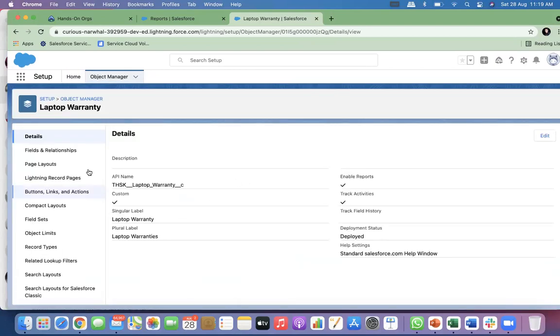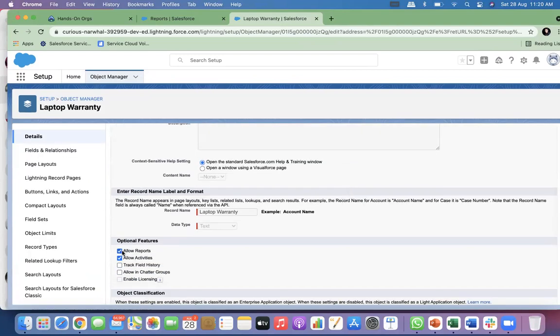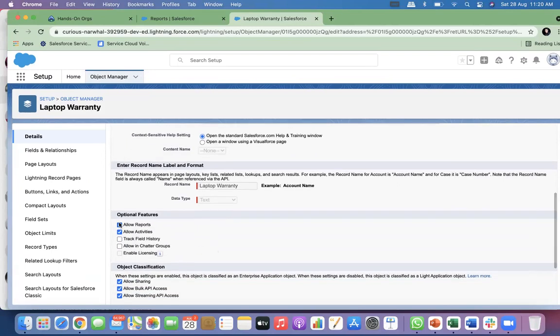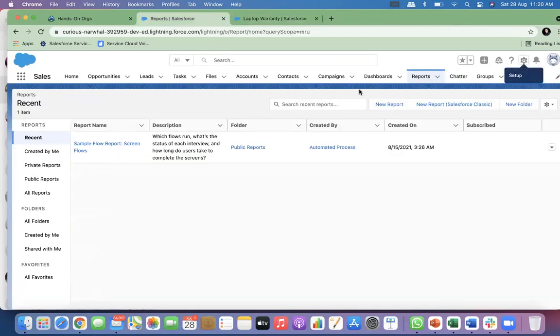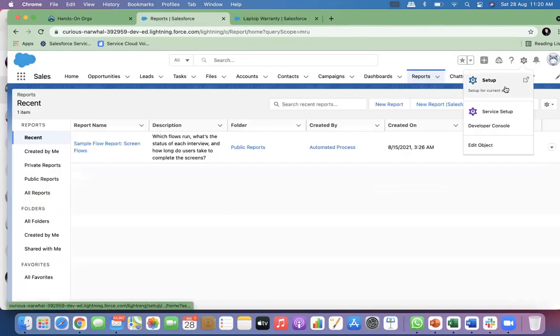So if you go to this and edit it, you will see there is an Allow Reports option. By default, it is not ticked when you are creating a custom object. If you do not have Allow Reports, then you will not be able to create reports on that object. So make sure, if you're not able to get it when you go to New Report, let's create a new object.